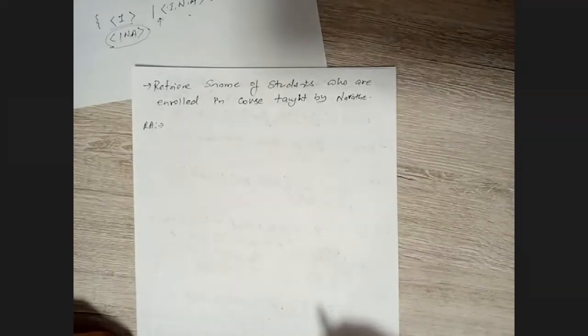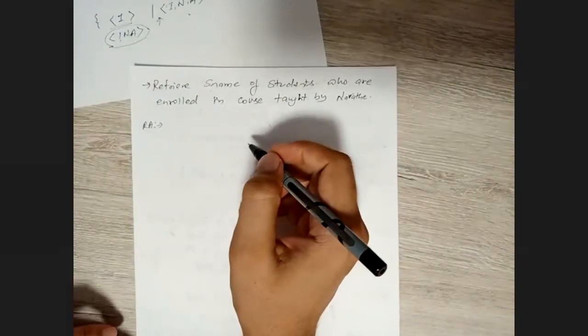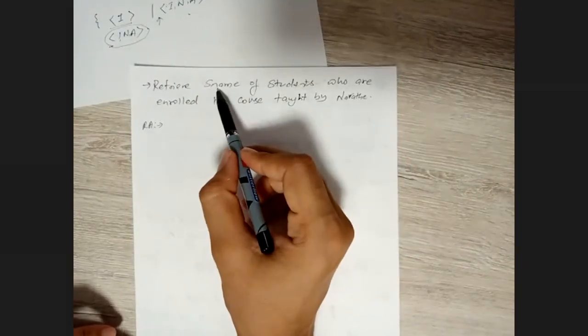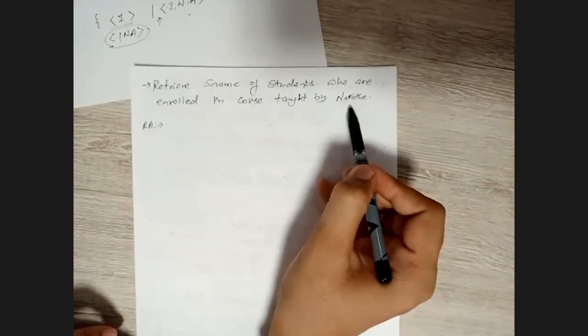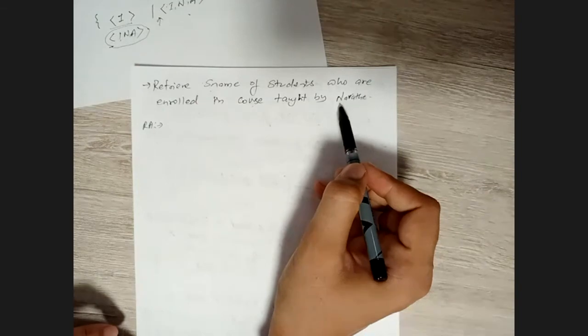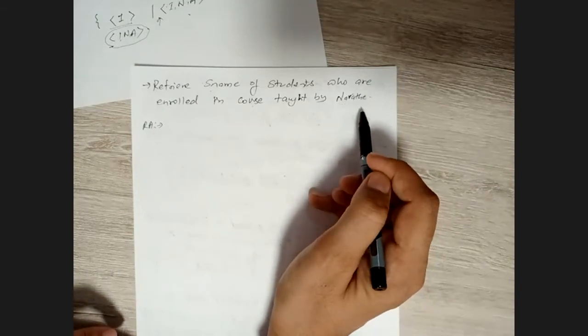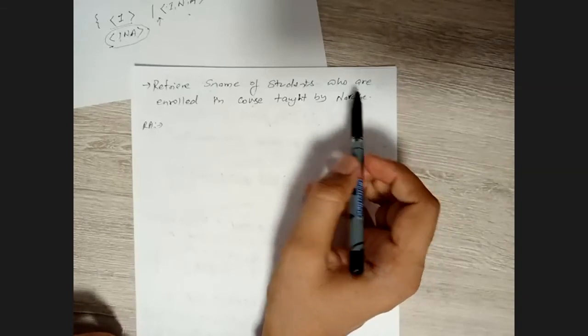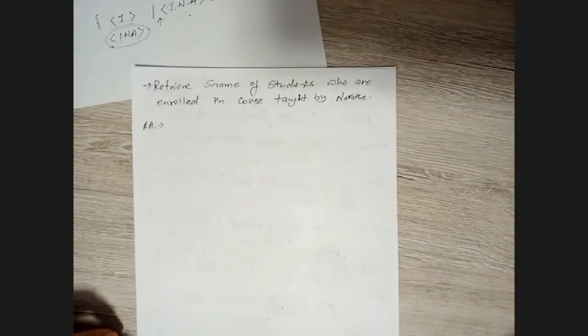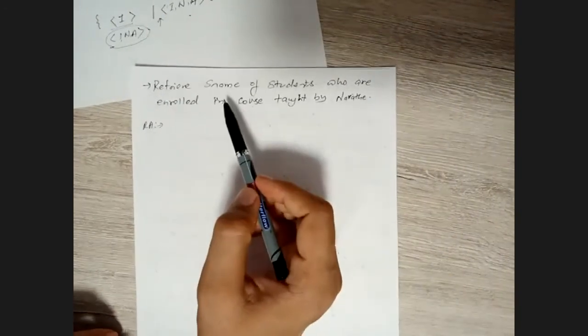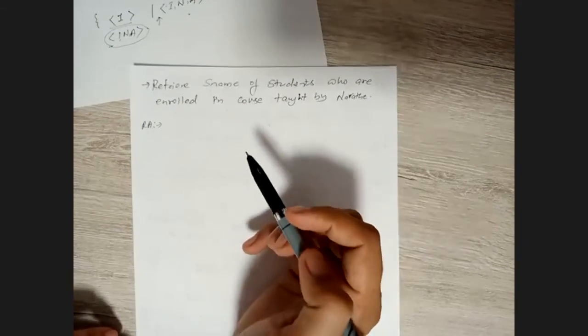It should be known to everyone. You should be able to write it. We need S name, that is probably we are going to get from the student table. But before that, we are going to find the courses taught by Navathe. The information of Navathe, the instructor, will be found in the course table. So definitely we need the course table, and at the same time we need the enroll table as well. So in this example, we have to use all three tables that we have.